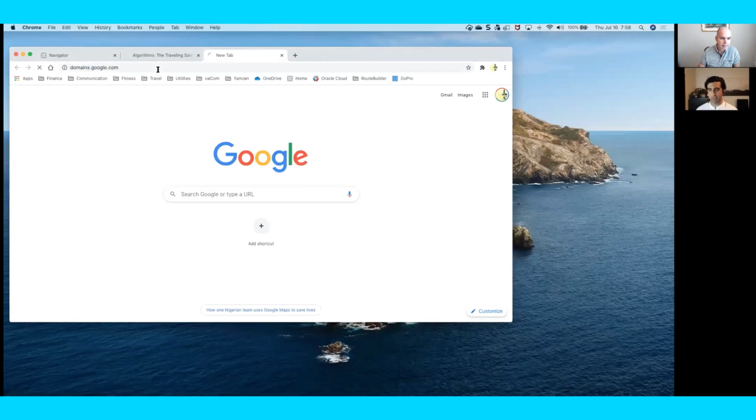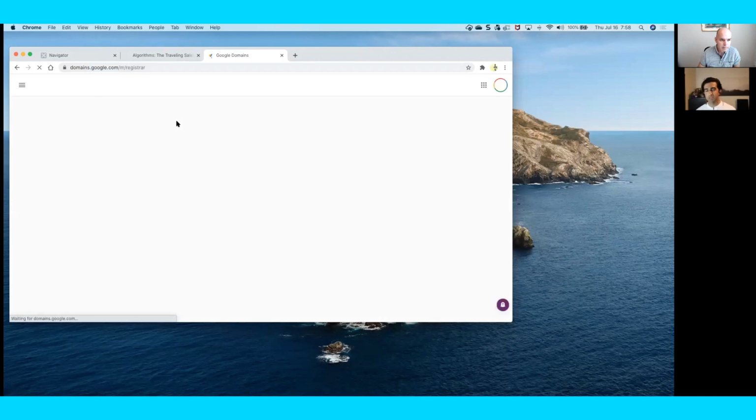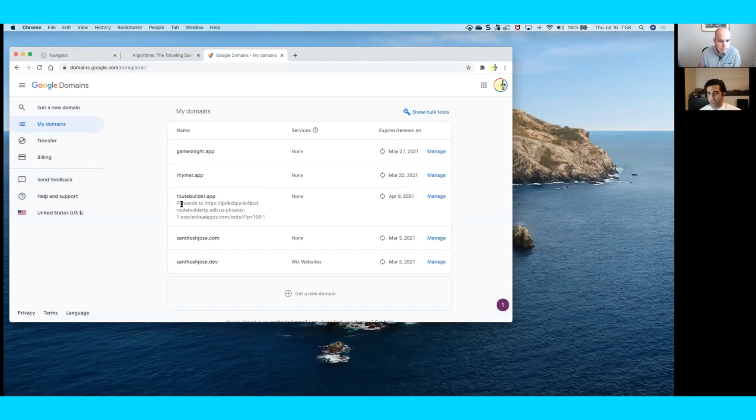Yes. Awesome. So I've registered my domain using Google. I usually switch between Wix and Google for all my domain needs. So the way to do this is, once you register a domain in whichever service you prefer, what I've done is to just forward the address to my app. So if I click on manage,